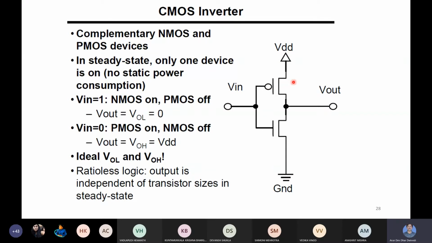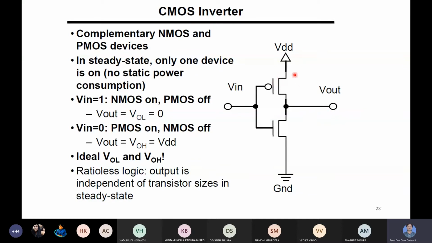It requires some negative voltage, not low in magnitude, but negative voltage is required for turning this one on. So VDD is the positive supply voltage that you are giving here. Logic 1 we are considering now. Logic 1 means you are giving VDD at the input, then it is on, and this is getting a direct path between the ground and this output, and therefore it is becoming low.